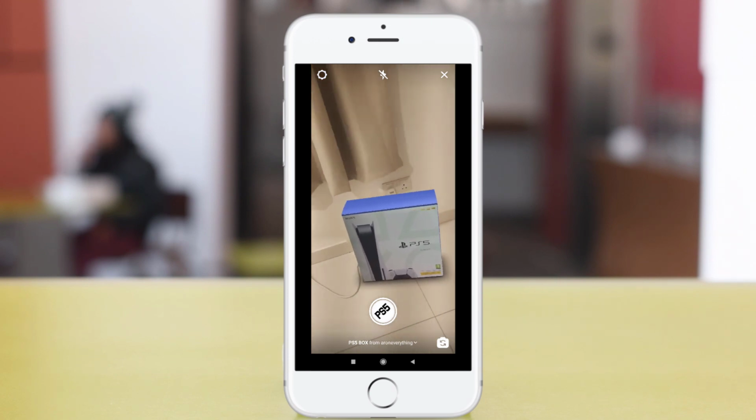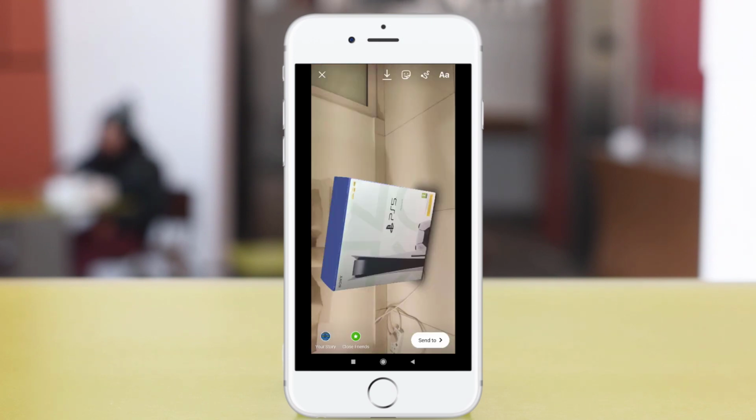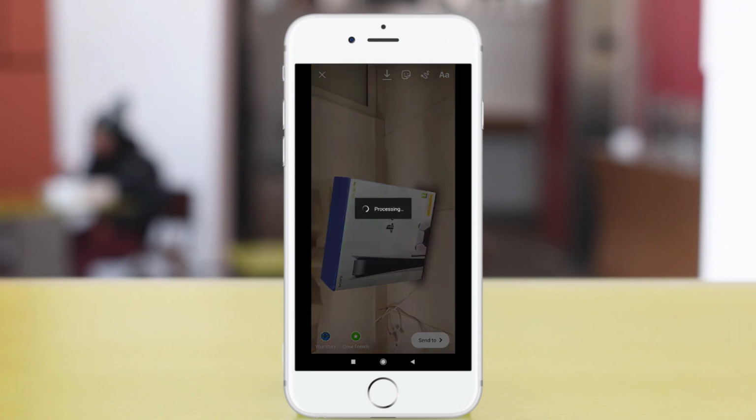effects. So once you have done with setting up your PS5 mockup box, you will have the option to save the photo or post the photo over at